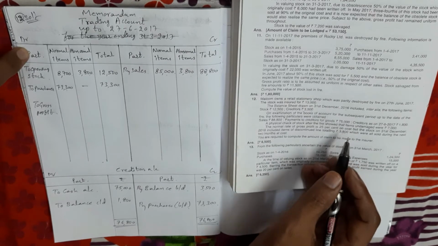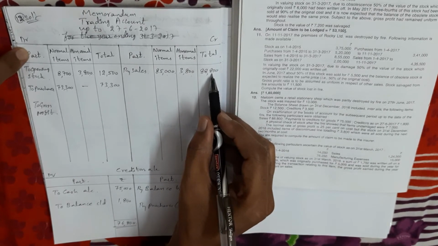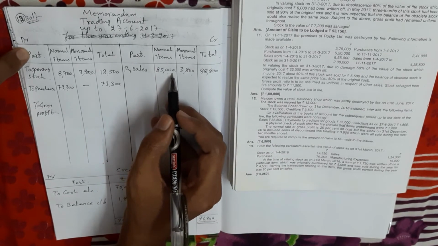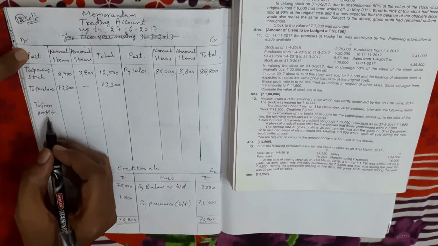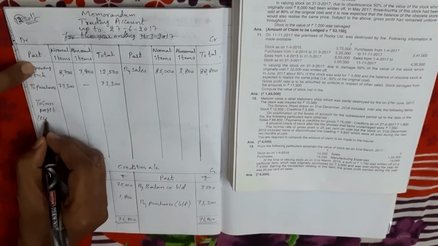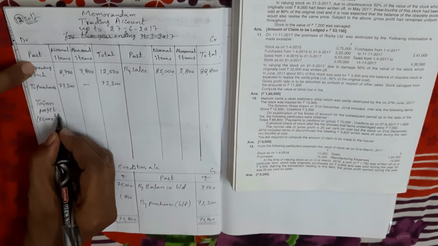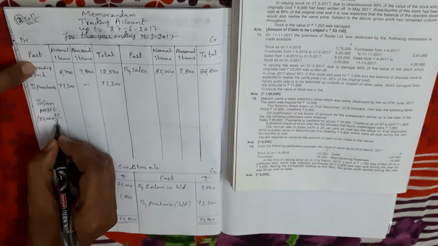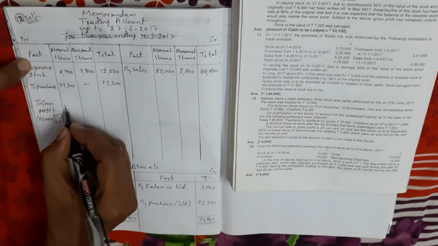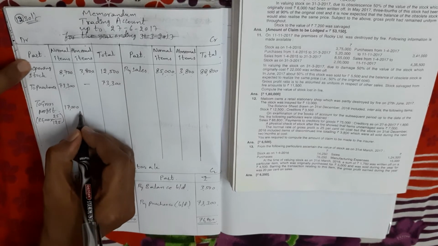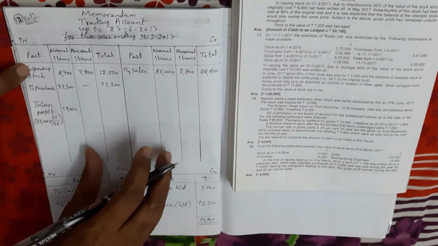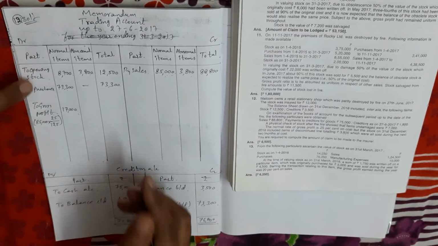But on what amount do we calculate? Not on total sales. We take only normal item sales. Normal item sales means 85,000. So on 85,000 only we calculate the gross profit amount for the current year. So here 85,000, the rate is 25% on cost, so divided by 125. So current year gross profit we take 17,000 for normal items. So in this way we do the problem. If abnormal items are available in the problem, we do like this.